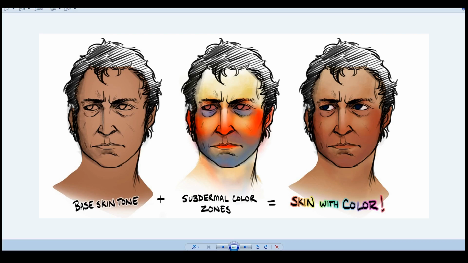In the middle, we've got these very bright colors to illustrate which areas of the face have different sort of colors. And on the right hand side, you can see what it looks like if you keep that in mind and fade them out a little bit with the skin color showing through. So it looks a lot more natural. And I'll put a link to this image in the description of this video. So this is very useful to keep in mind, and this is generally how I like to start painting my skin diffuse